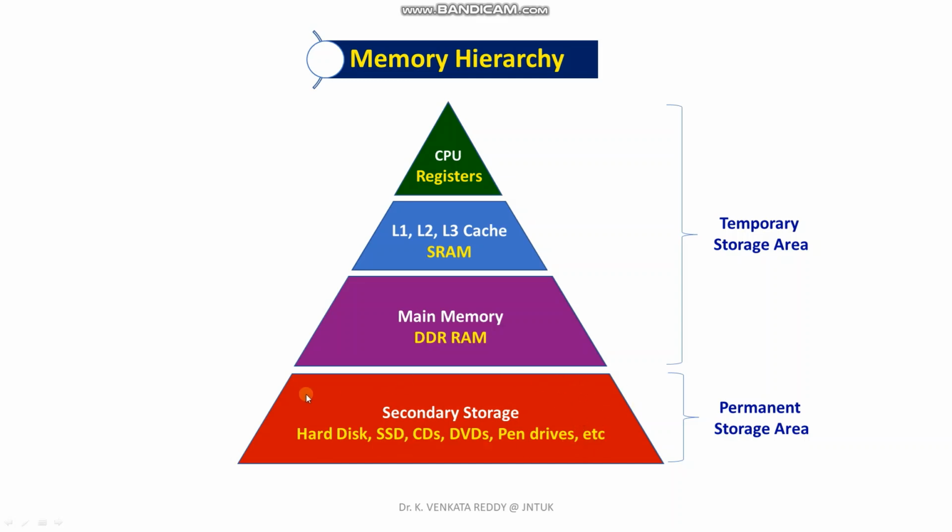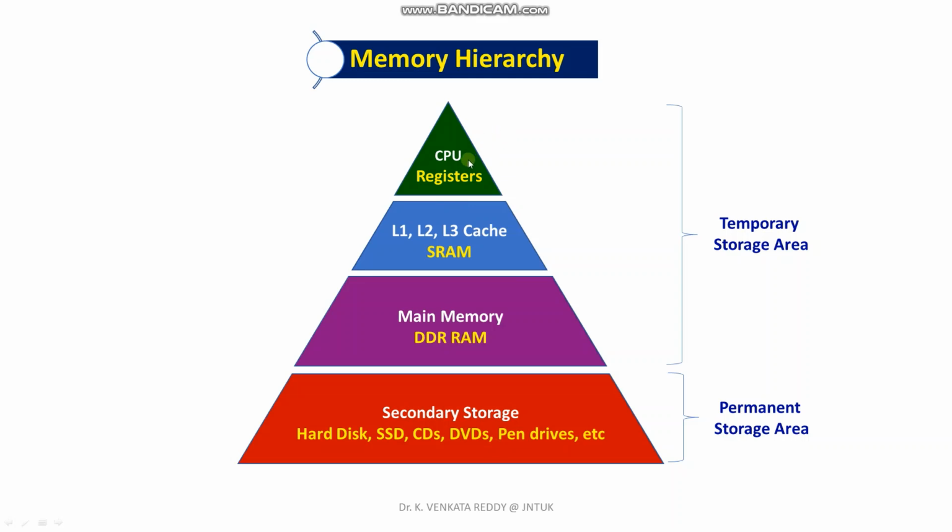In computers, these secondary storages store the information permanently, and the main memory, caches and CPU registers store the information only temporarily. Whenever the CPU requires information, it gets the information from the secondary storage to the main memory, then the CPU accesses the information from main memory through cache memory. So, the main memory and caches will contain the information only when the CPU is working. Before the computer is turned off, the entire data in the main memory must be transferred to the secondary storage devices for permanent storage.